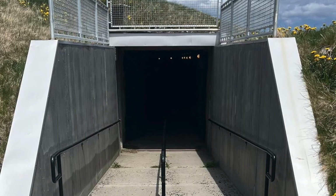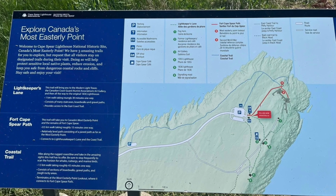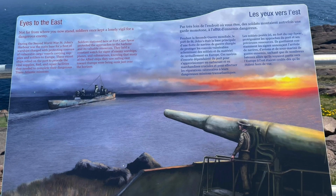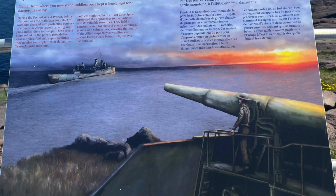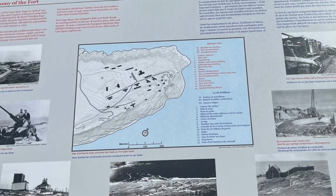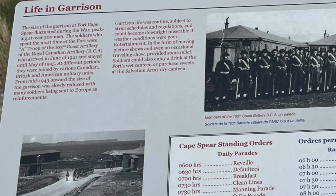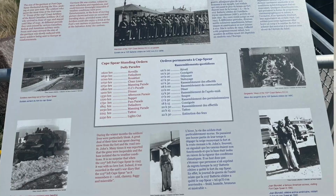And so we went into the bunker of Fort Cape Spear, and this was all built during World War II to be ready to protect Canada in case there were some invasions. So Canada was ready. Now this is interesting because this was before Newfoundland even became part of Canada. They didn't become part of Canada until 1949, but they helped out Canada by providing a place for a fort to be built. And underground